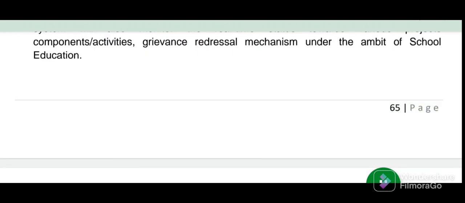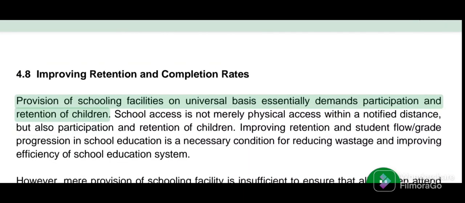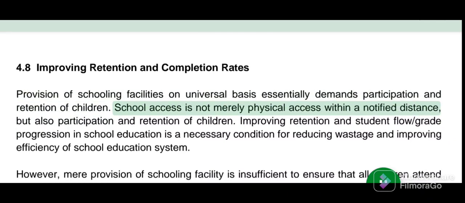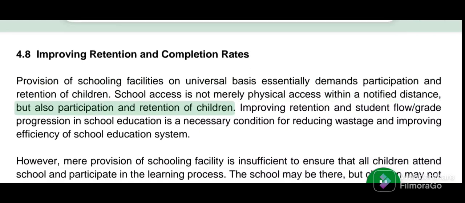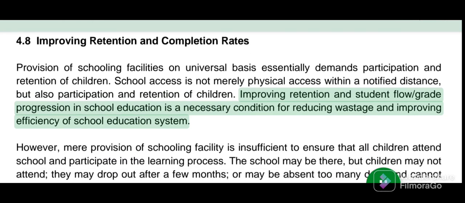4.8 Improving retention and completion rates. Provision of schooling facilities on a universal basis essentially demands participation and retention of children. School access is not merely physical access within a notified distance, but also participation and retention of children. Improving retention and student flow, grade progression in school education, is a necessary condition for reducing wastage and improving efficiency